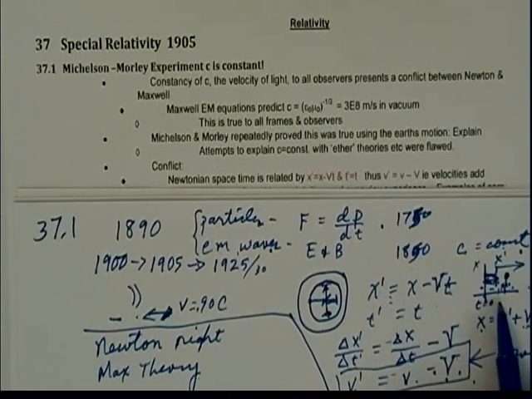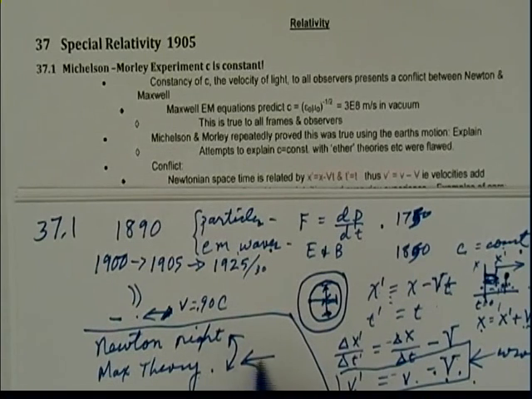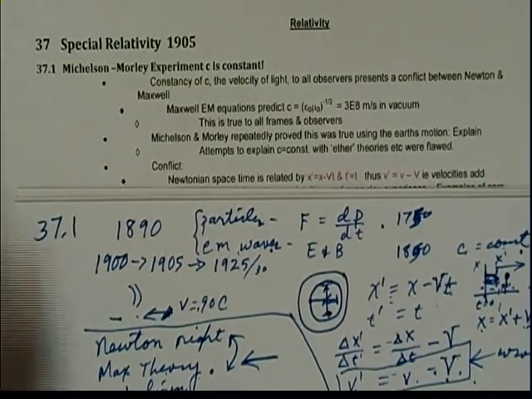Light goes at the same speed with respect to everyone. So these two things are in conflict, and Einstein chose to believe this one. He said, I believe that Maxwell's theory is correct, that the transformations must be linear, between space and time, and that c is equal to a constant. And so he proceeded from